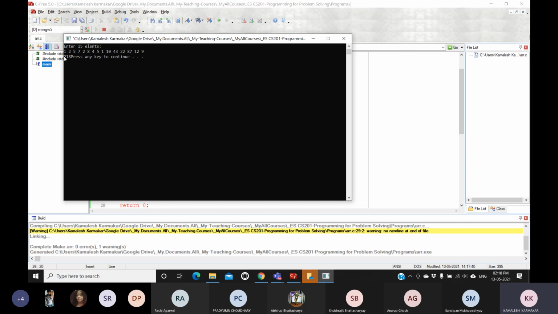So the sum of these elements is 218. In that way, we can access a two-dimensional array.